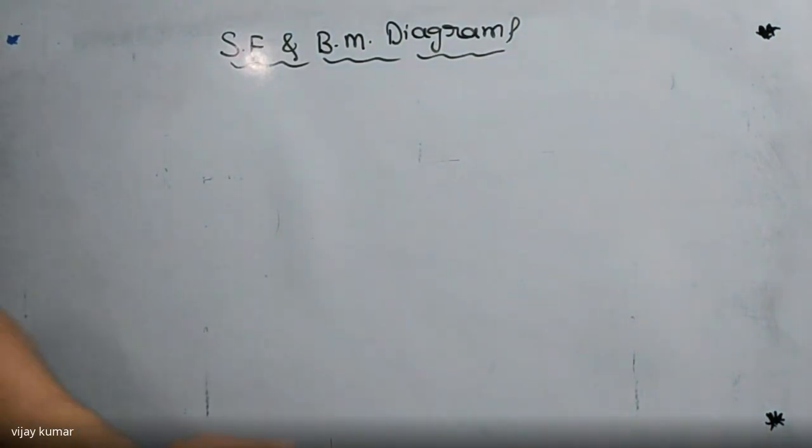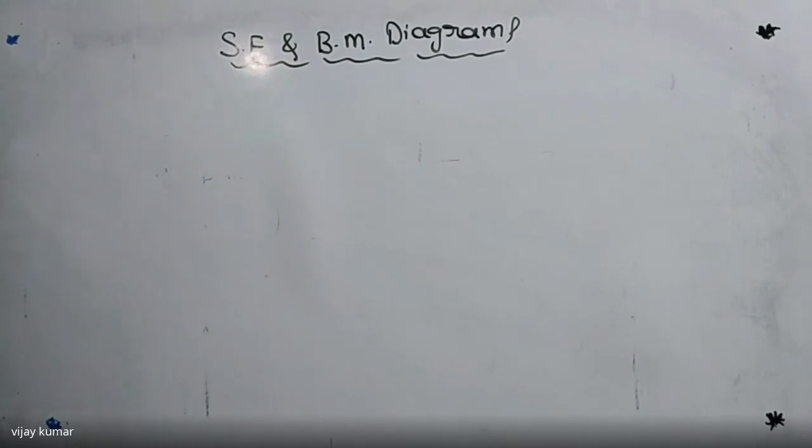If you consider the self weight, due to the self weight there must be a bending moment and a shear force also. But here we always consider shear force and bending moment for this beam without considering the self weight of the beam. Okay, right. Now listen carefully.